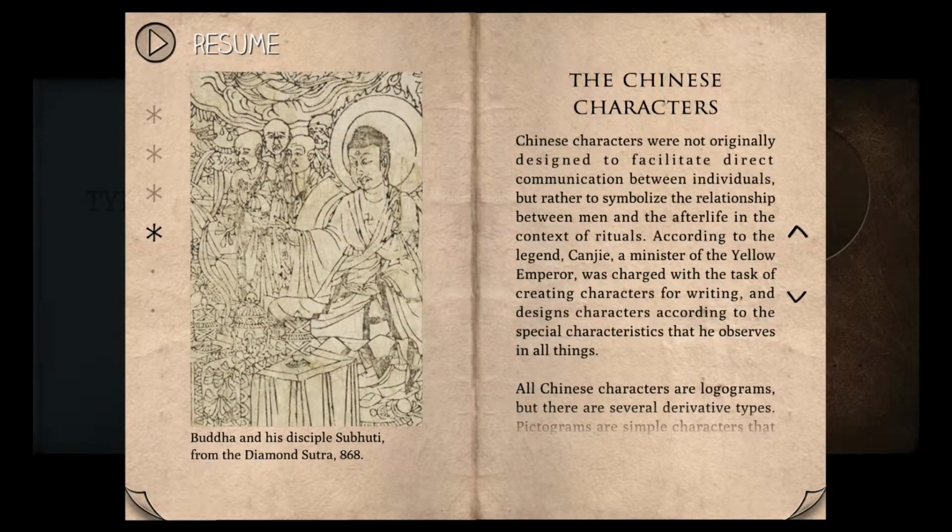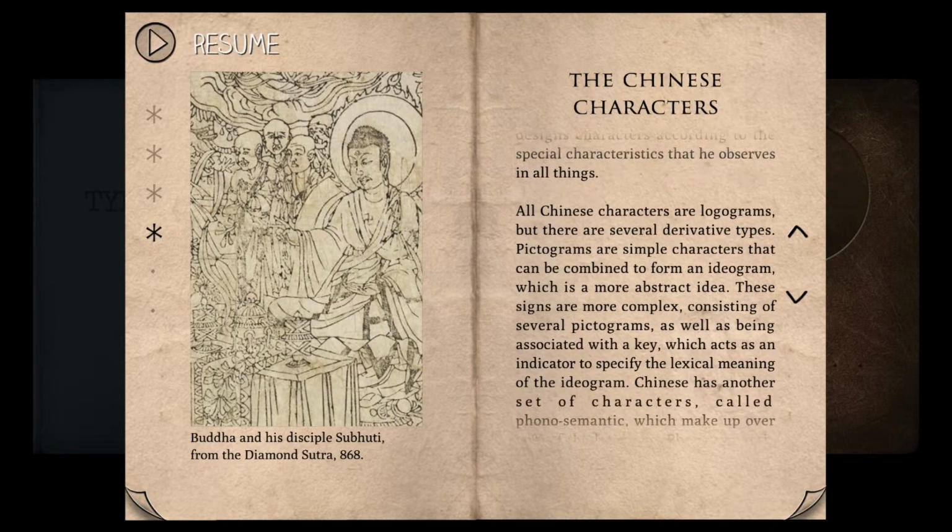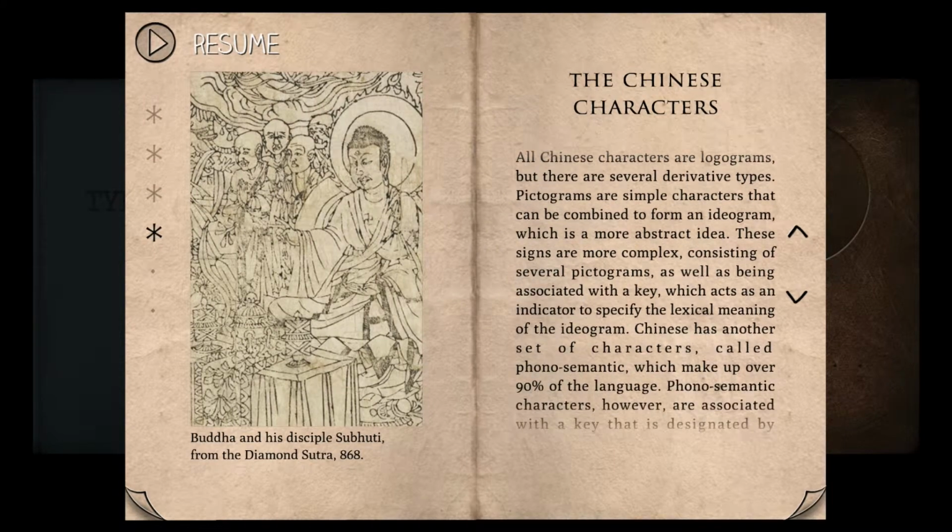The Chinese characters. Chinese characters were not originally designed to facilitate direct communication between individuals, but rather to symbolize the relationship between men and the afterlife in the context of rituals. According to the legend, Cangjie, a minister of the Yellow Emperor, was charged with the task of creating characters for writing and designs characters according to the special characteristics that he observes in all things. All Chinese characters are logograms, but there are several derivative types. Pictograms are simple characters that can be combined to form an ideogram,